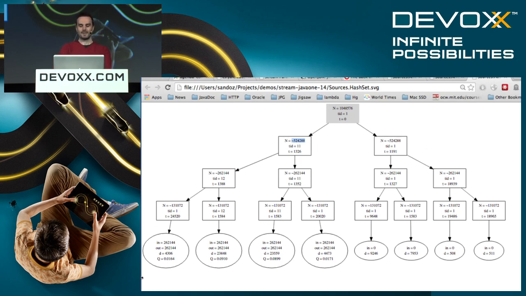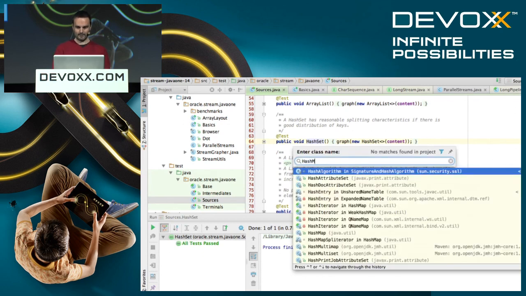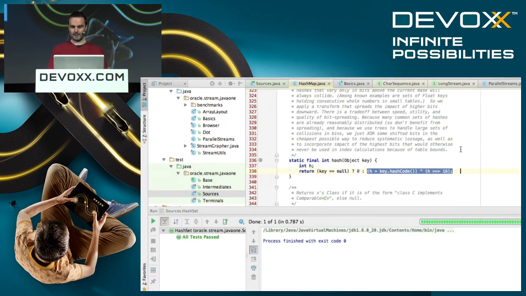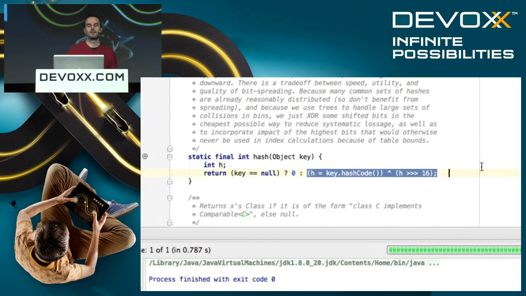When it hashes the keys, there's actually a bug here. The size of the table in the HashSet we're talking about, the map, will be twice the size of the number of elements we have. And the hash code of an integer is the integer itself. Let's have a look at what HashMap is doing in there. This is the hashing. It's taking the hash code, XORing it with the hash code again shifted down by 16 bits. So I've got 1 million elements in there. It's taking the top 4 bits and just monkeying around with the bottom 4 bits and not really doing a lot. So my numbers are all going to be boxed to the left-hand side of my list. So we need to improve our hashing algorithm.